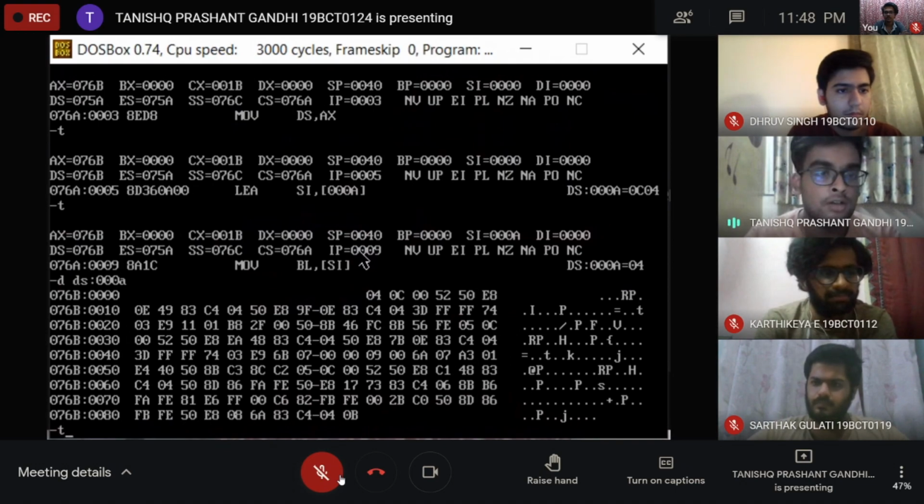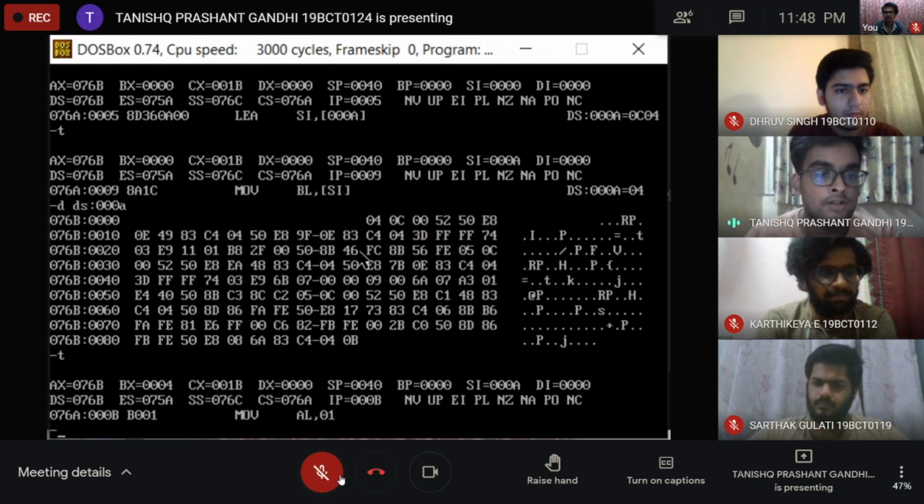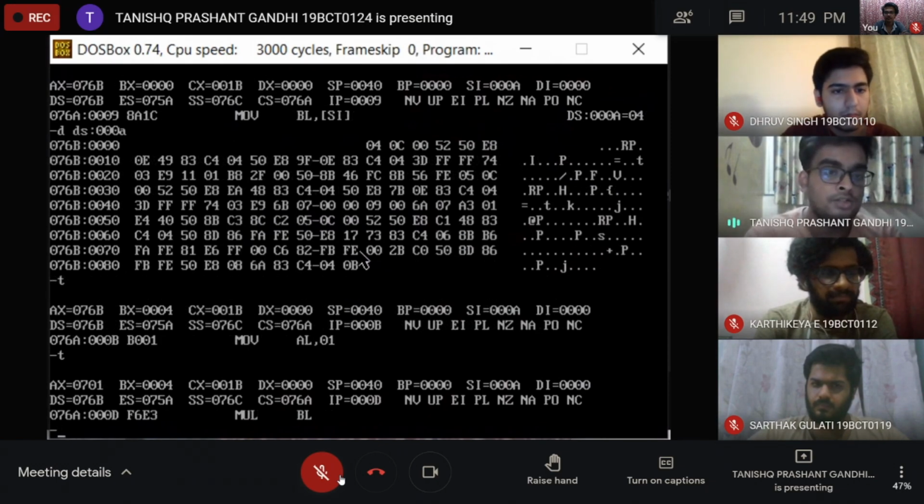So it will start the loop. The first thing it will do is pass the 4 into the BL register. The next instruction is passing 1 into the AL register. Now AL gets changed to 01, and in BX we have 04. Now we will multiply BL, which means it will multiply BL with AL and store in AL.